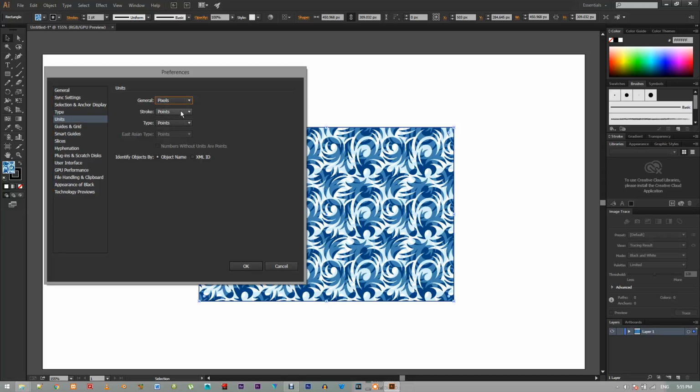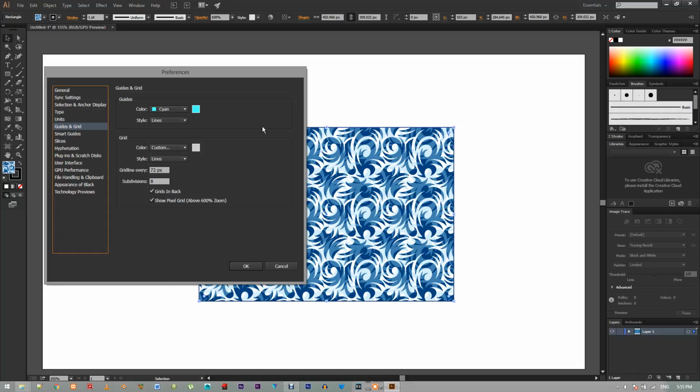And strokes are basically in points, and type font size, which is a type, is also in points usually. Nobody wants to change that, but if you want to for some reason, you can do that. Then you can go to guides, and guides are just vertical and horizontal lines that run through your canvas. Canvas meaning this area, and these guides show exactly where to mark up the objects and all that,